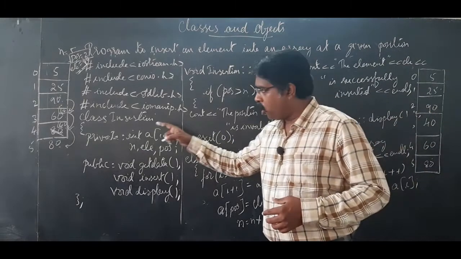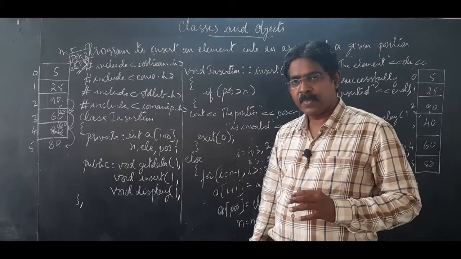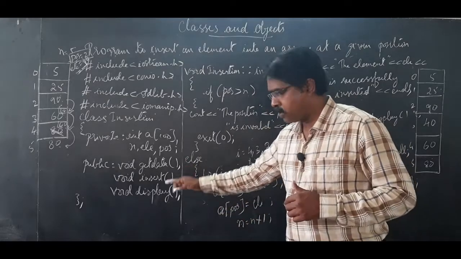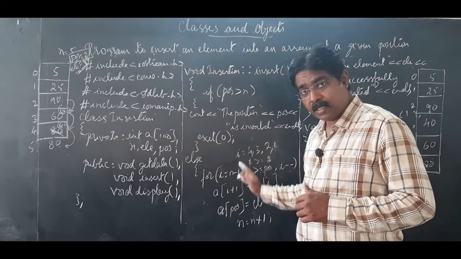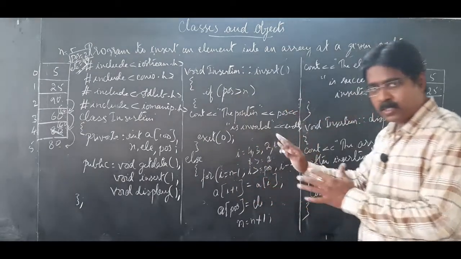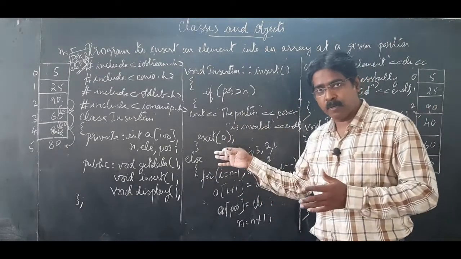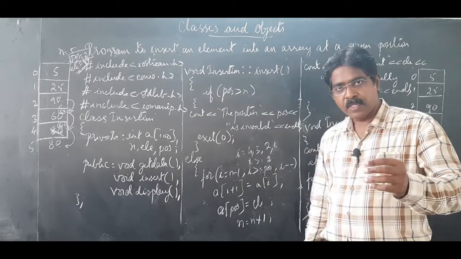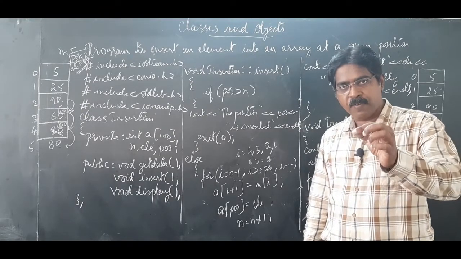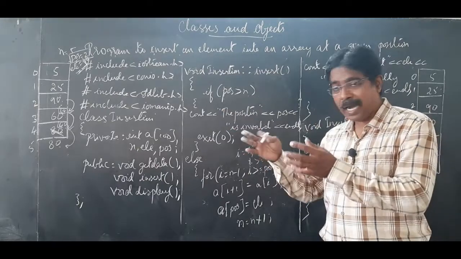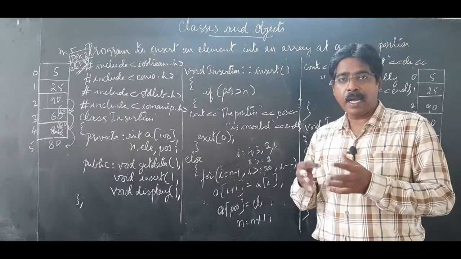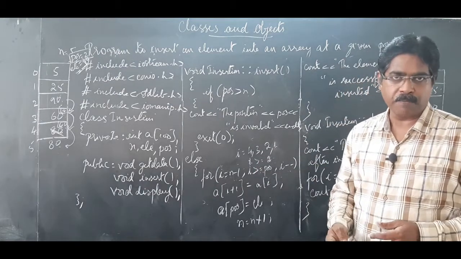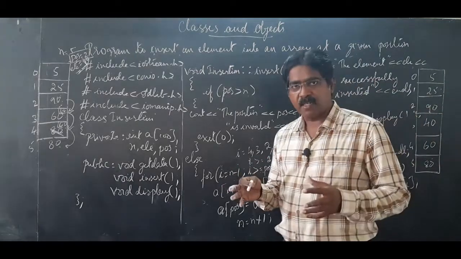So let me take the object as capital I, and we will be accessing the members which are in the outside class definition. We'll be accessing these members, including getdata, which you had written before, from void main. So the void main part, I want you to write. I reiterate, void main, you open a flower bracket, insertion I, then I dot getdata, I dot insert, I dot display, and you can use getch, then you close the program. So this is about the second practical program.